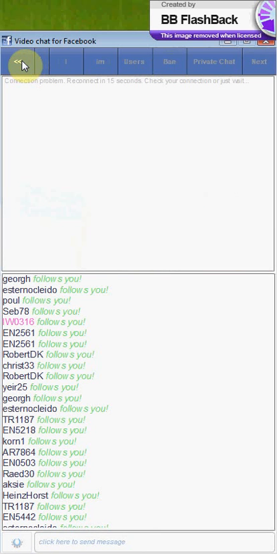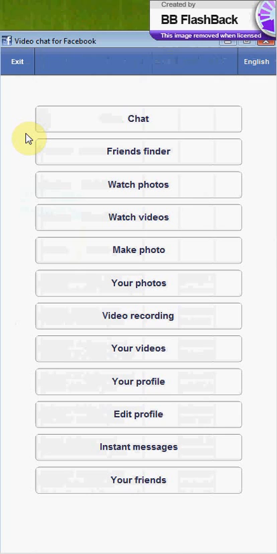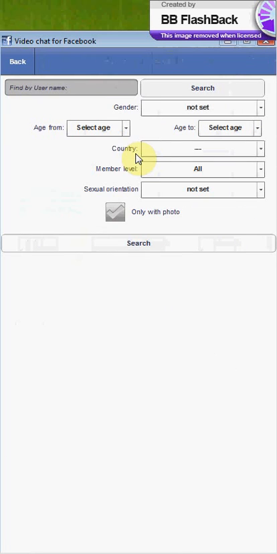We have to wait a second, and now we are here. So the next point in our menu is the friend finder. Here you can press it, and you will be able to search for people. If you already know the nickname of your friend, you can type it here. In our case, we will type the global admin, the first one whom we were looking for. We are pressing search,